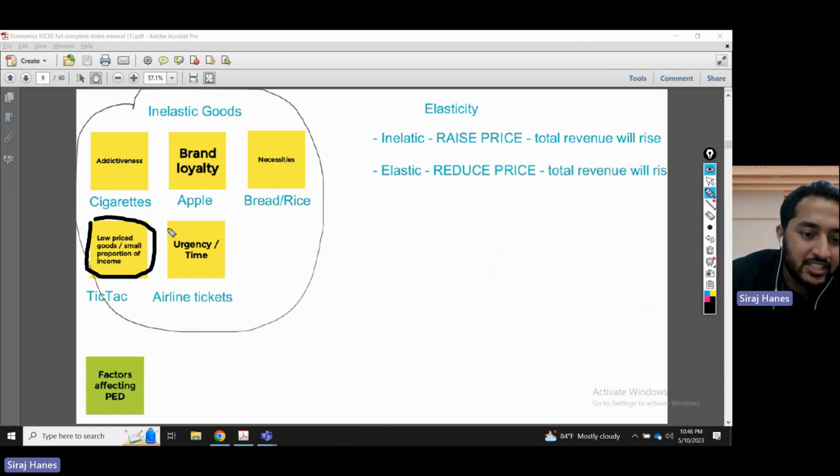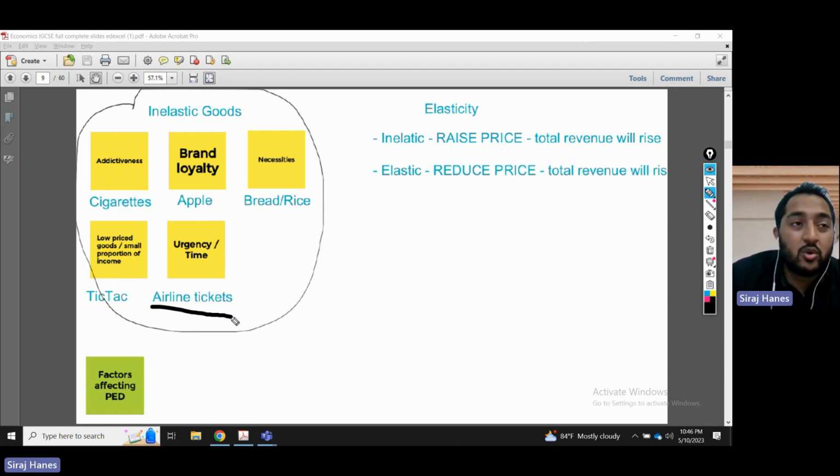And finally, urgency, time. They know for a fact, airlines, they know for a fact that you're urgent to go. If you ever buy a ticket last minute, know that you're paying a higher price than the person who bought it 3 months ago. You and that person may be seated right next to each other, yet he paid a lower price and you paid a higher price because you bought it last minute. So the more urgent it is, the more inelastic it is, the more, well, not so urgent, it becomes elastic.